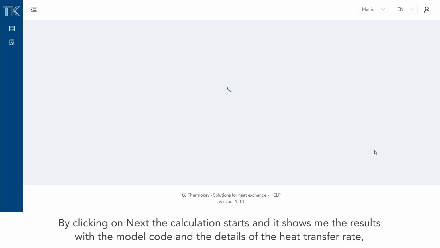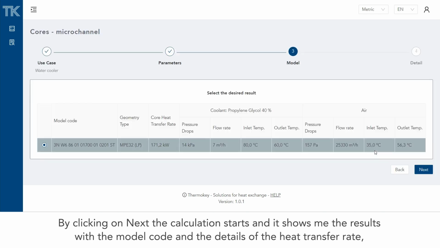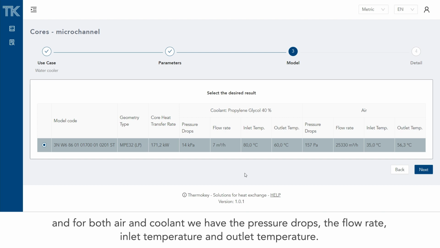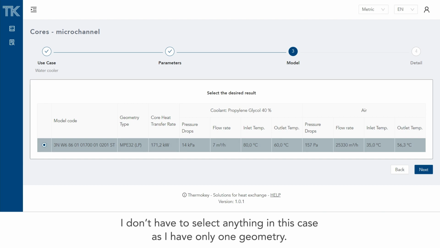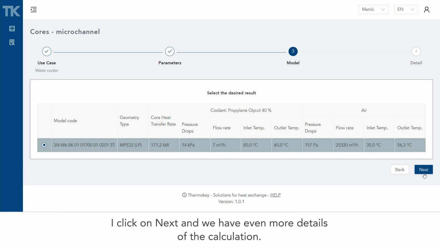Clicking on next, the calculation starts and will show me the results with the model code and the details of the heat transfer, and for both air and the coolant we have the pressure drops, flow rate, inlet temperature, and outlet temperature. I don't have to select anything when I have only one geometry, so I just click on next,